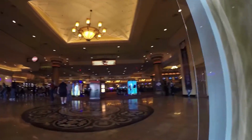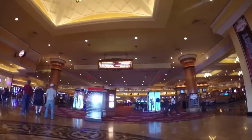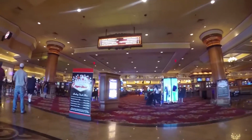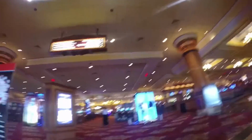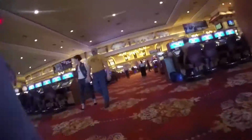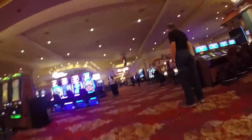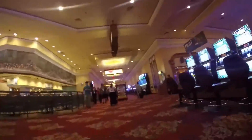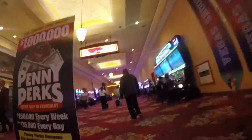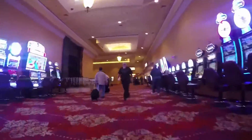Alright, this is the main casino entrance and floor. We got our Vegas shoot signs. And we're going to fast forward through the unimportant parts of the casino. Now I know no one showed up for the gambling portion of this, so we're going to stick to the